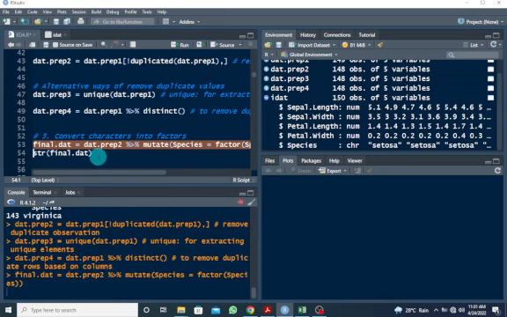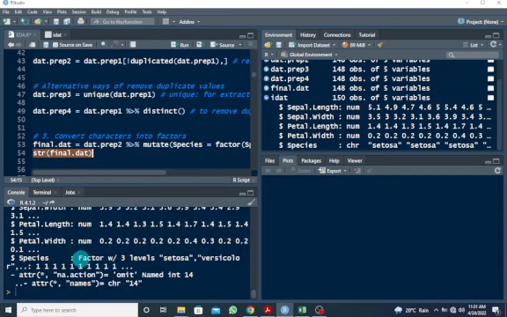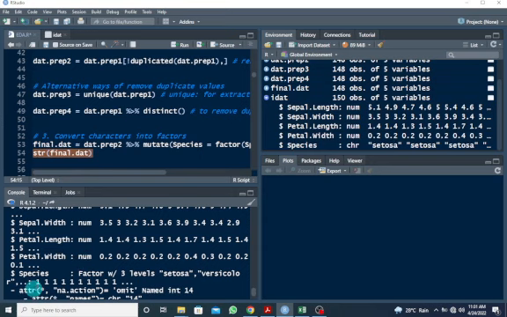So once we run this, we see final dat is now showing in our environment window. Let's look at the structure of our final dat. Here we go. We see that species has now been converted into a factor with 3 levels. Setosa has been assigned the value of 1, Versicolor will be assigned 2, and Virginica will be assigned the value